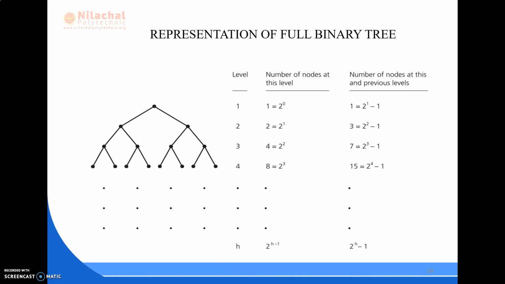So at level 1, the number of nodes is 2 to the power 0, and the number of nodes at its previous level is 2 to the power 1 minus 1.